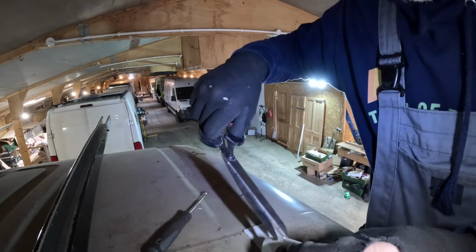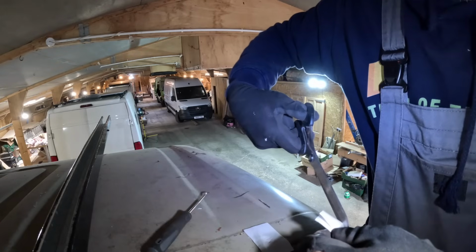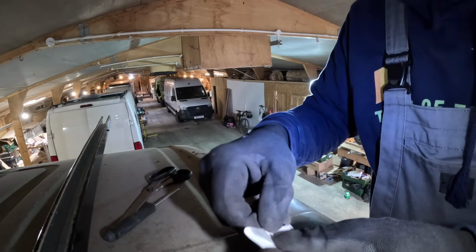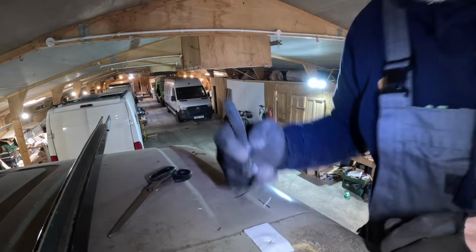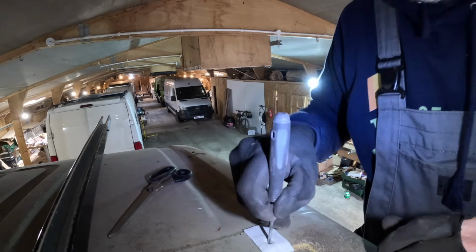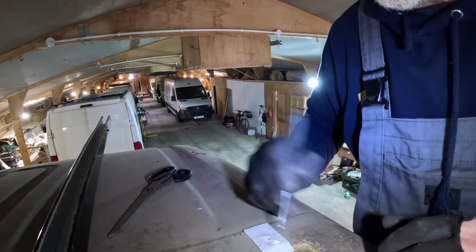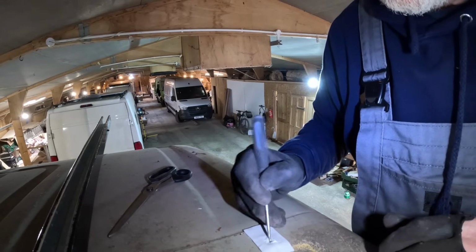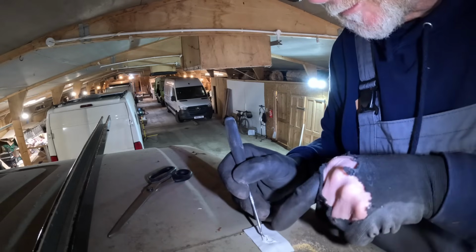But first, I'm just going to snip this bit out like this, because I want to lay that back on top. I'll show you why in a minute. So now, you peel this back like this, because we can't obviously push our bolt through this,